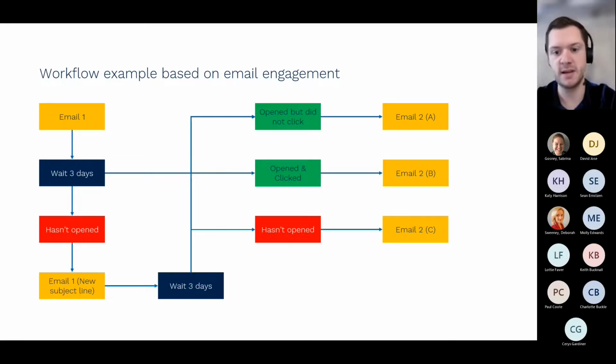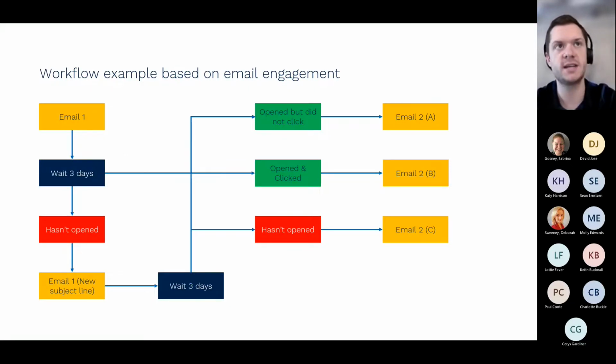Rather than just sending everybody email 2, if they haven't opened email 1 to begin with, and we then send email 2 and they've been on leave, for example, we might just put them off by looking like we're spamming them. So actually, if after 3 days they haven't opened, we might send them the same email, or we might leave it a further delay, but we might just change the subject line because actually our subject wasn't that strong. We didn't get any leads off the back of it. And we think that actually, rather than focusing on us, we might put the challenge or the pain point in the subject, and then we might leave it another 3 days, and let's just see how that engages.